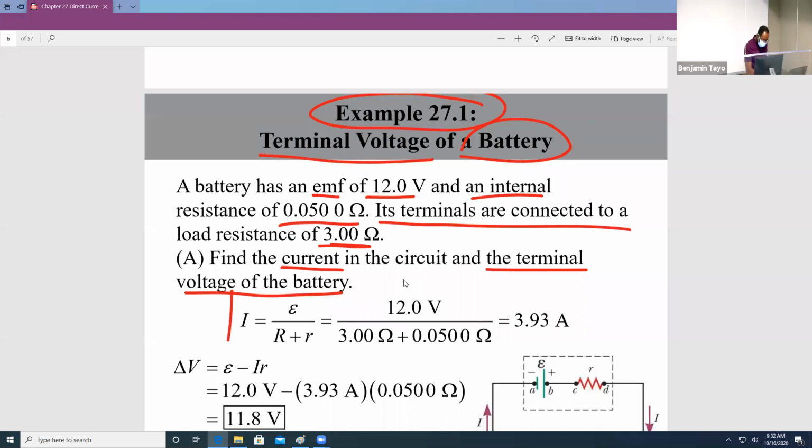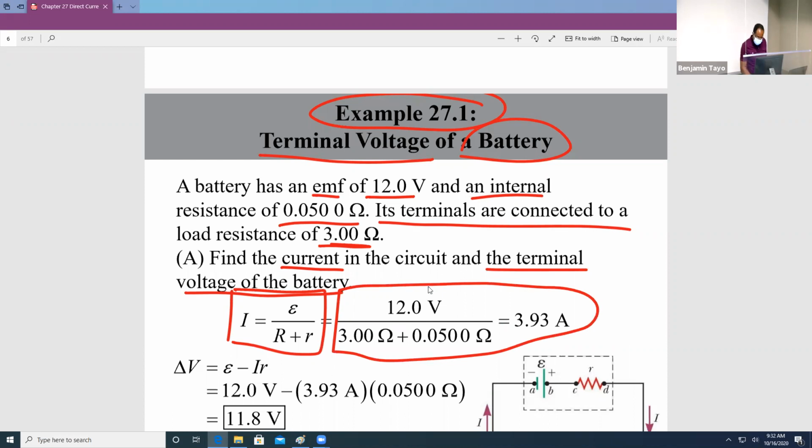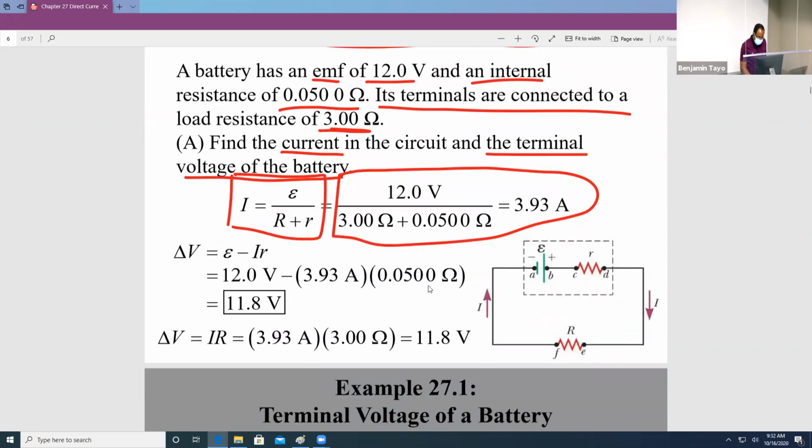So if you go to this equation that I already gave you, you substitute all those values. You should calculate your current, and then if you know the current, you subtract. So again, this is the loss. So you only get this amount, that's your delta V. Now you could also calculate this delta V directly by just taking I times R. So if you take this quantity here,